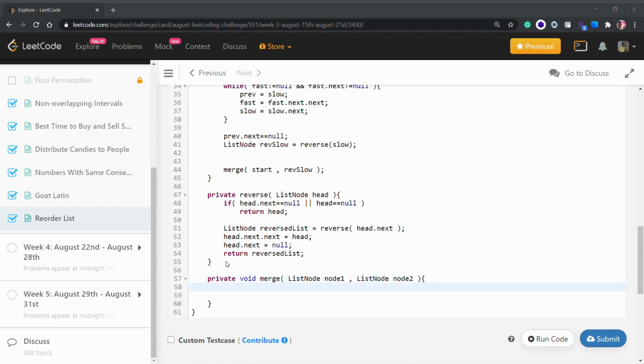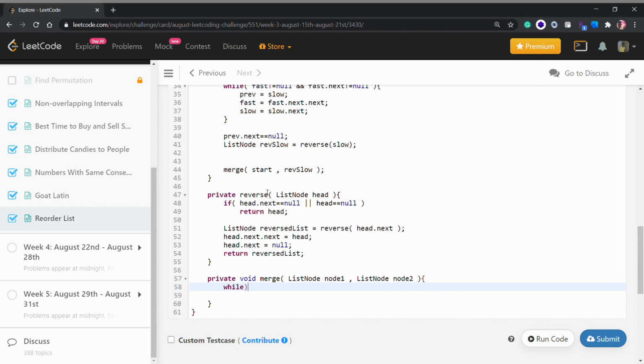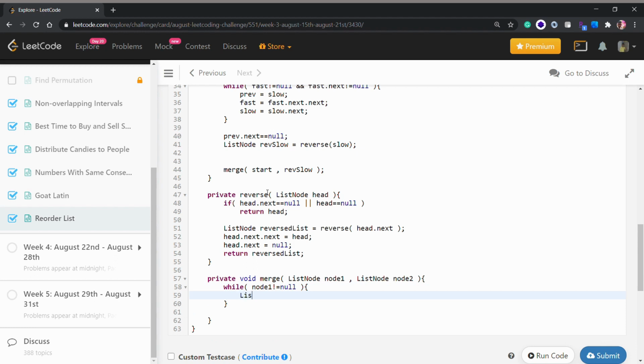What we will do is we will have a while loop, and while our node 1 is not equal to null,